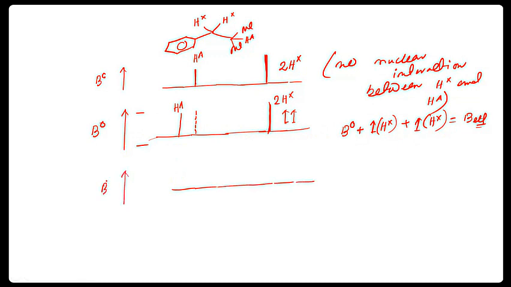B0 means here this is the 2Hx case. One proton aligns to this side, one nuclear spin aligns to this side, and the other nuclear spin aligns to that side, which means they are cancelling each other. Basically it means that now Hx does not have any effect on Ha, because here the inherent magnetic fields are cancelling each other. So basically,